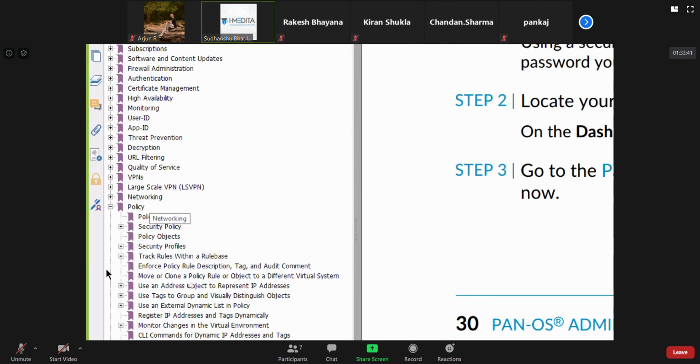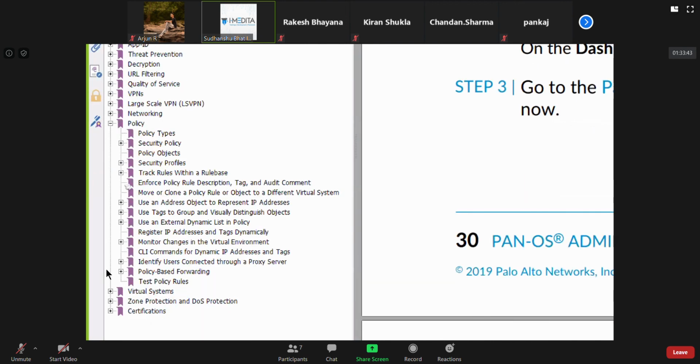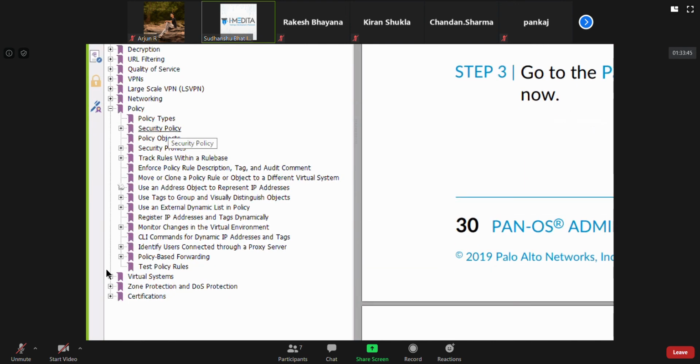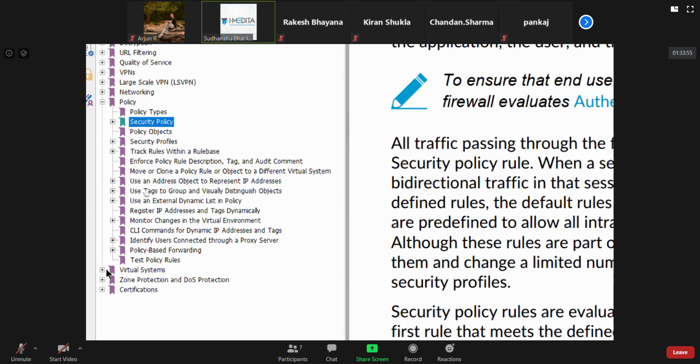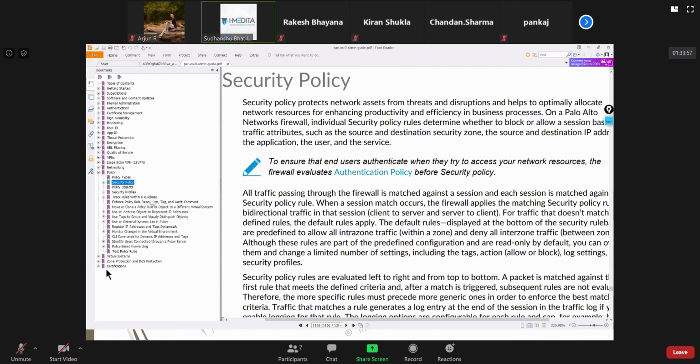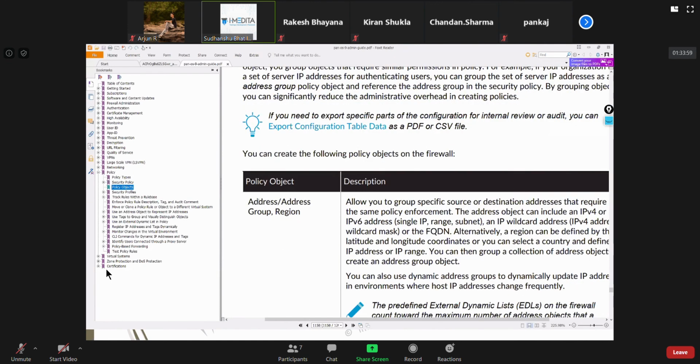And I highly recommend in free time today, go and read this from the security policies. If you want to look at the NAT policy, it's not that big actually. Like if you look at security policy and policy objects, which we have, some of them we have discussed: address region.